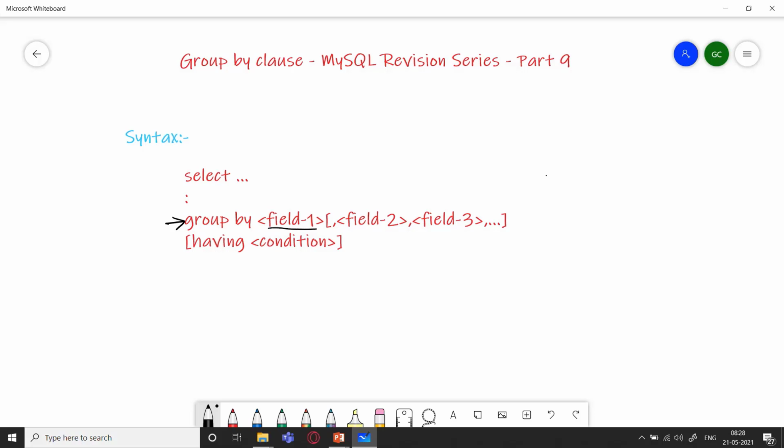For example, I want to group a certain table of students based on not only section but also class. I can group it based on the class, suppose 12th class, 11th class, 10th class. And within 12th class, again, I want to group it based on sections, and the same way for 11th and 10th also.